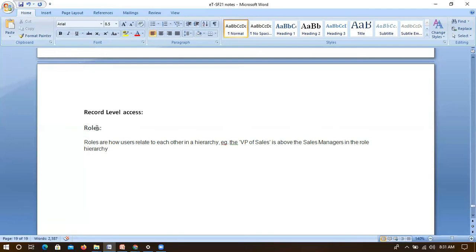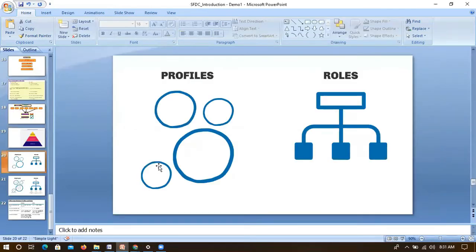Right? And in a simple manner, if you can see, profiles are something like circles. We can create one profile, like a system admin profile. This is considered a complete big circle. System admin, you can deal with sales, marketing, service, and HR management. But if I have a specific business, say only HR, this is one profile. So we'll create an HR management profile, and we can also create a marketing profile like this.